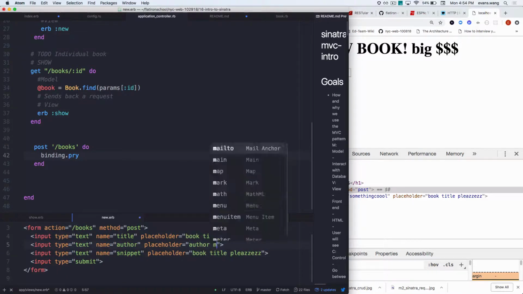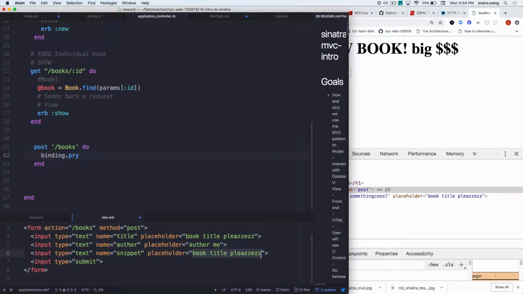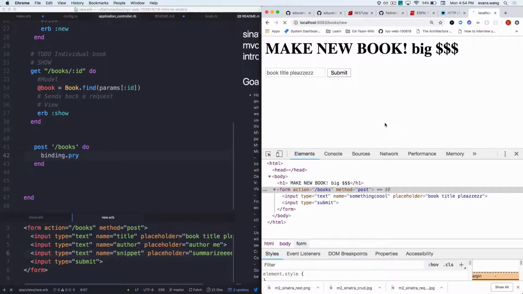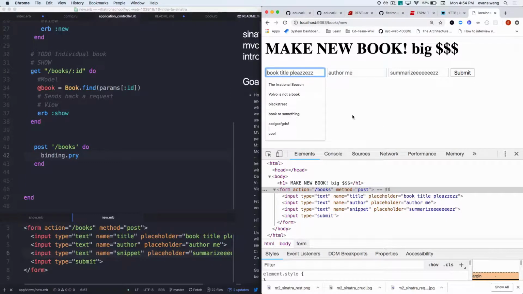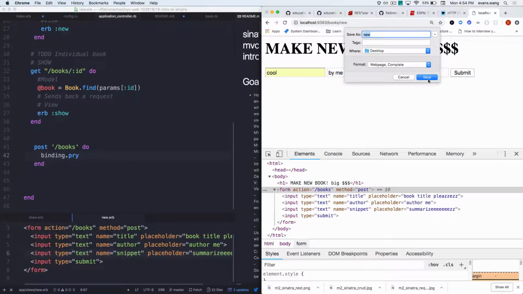Author me, and then summarize. Cool. So if I refresh, I now have a book title, written by me. Summarize, best book ever. Bang, bang, bang, bang. If I were to submit,